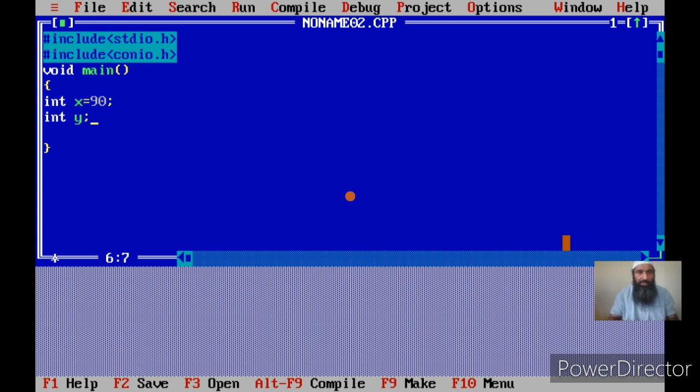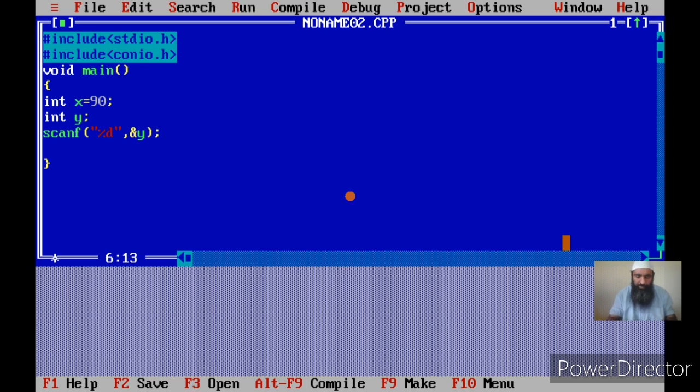I leave it uninitialized. Now I take the input from the keyboard for the y. How do you do it? Scanf. Then you say format specifier of y because it's an integer, %d, then followed by ampersand, and I will say y. So this is how I used to input the integers.